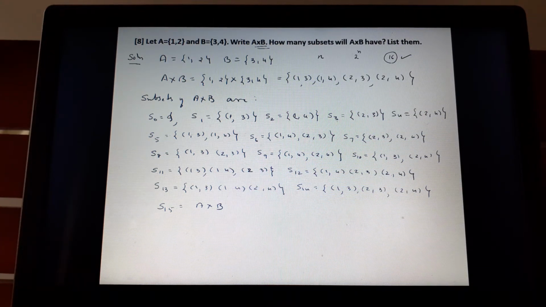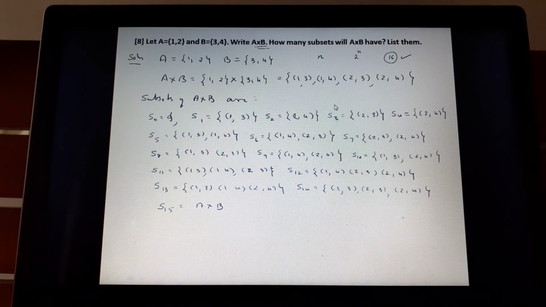Whenever you do this type of question, you should have a lot of patience, and we should do it in a systematic way. Let me repeat once again. For one single element, no problem. For two elements, what you have to do is take the first two, then the next two, and so on. This is a trick. For three elements, first you take all the first three, then the other three. Then these two with this one and these two with this one. That will give all the possibilities. Then all of them, no problem. So all four elements you have to take. This is the way.